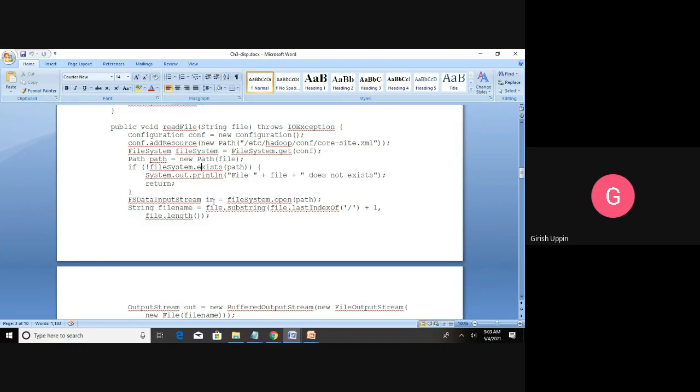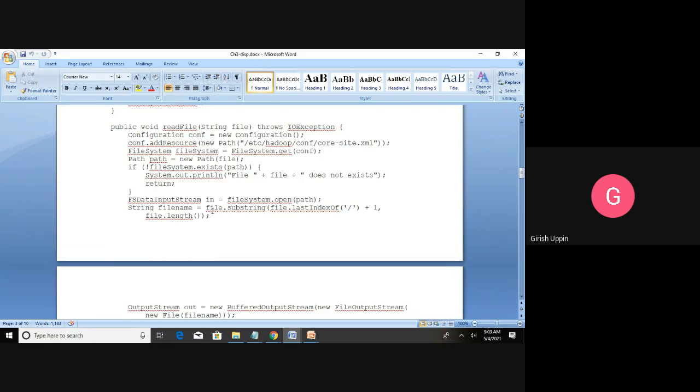Here we are creating the FSDataInputStream, that is fileSystem.open, passing the path object. Then String fileName is equal to file.substring, similar to what we did in the addFile, we are getting the actual name of the file.